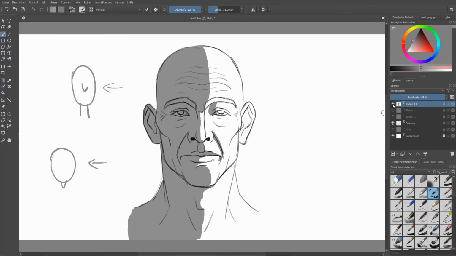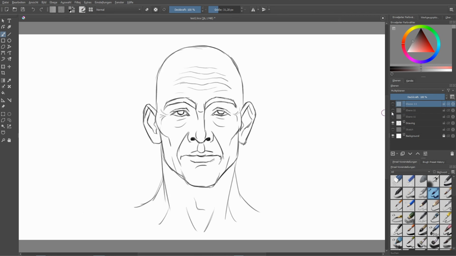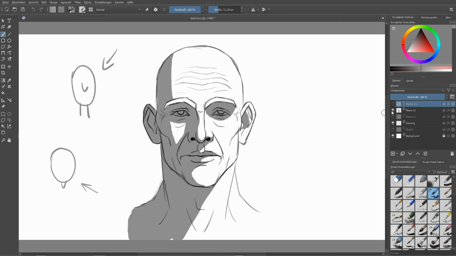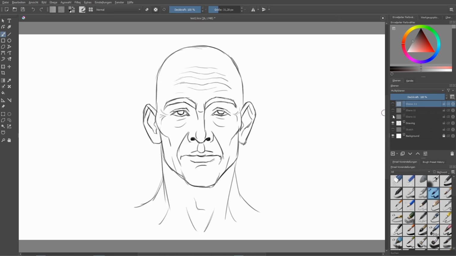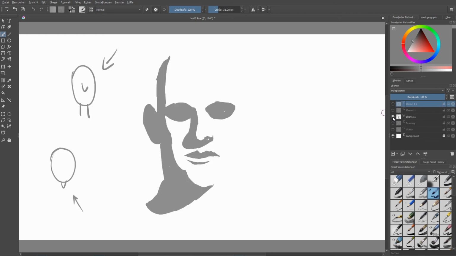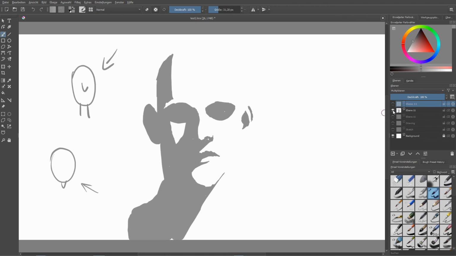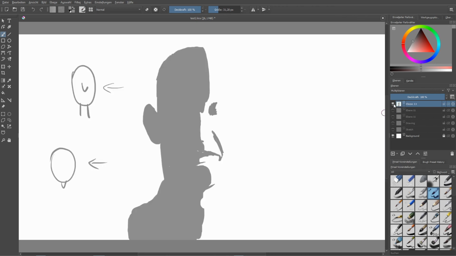So let's look once again at these lighting patterns. You can once again see the shadows just get longer and cover more of the face until pretty much the whole left side of the face is covered in shadow. And blending out or switching off the drawing, you can once again see these patterns, and I recommend you to remember them because these are the basis of learning to shade faces. Because if you know these, you can go further and add halftones and reflected light and maybe even second light